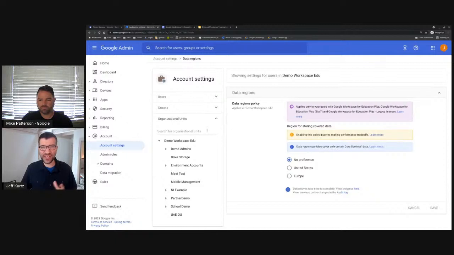So you can see here, essentially very, very easy. Again, I can select users, groups, or organizational units. For example, if I wanted to apply this policy just to a particular group that's working with very sensitive information, let's say they're doing some kind of research, you need to make sure that that group's data remains within this particular region. You could apply this just to the group and not to everyone else. And then at that point, of course, you have this choice: no preference, United States or Europe,